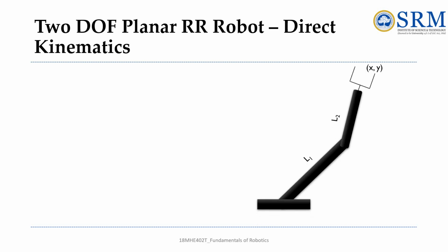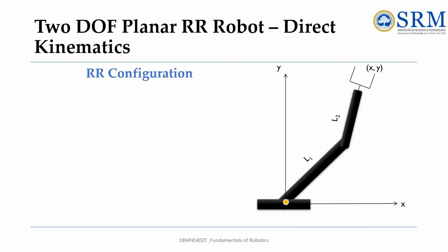So consider this as the planar RR robot. Here we have assigned the links as L1 and L2. So two links are there. Here we need to find the task space coordinates or variables as x and y, that is, the position and orientation, for this planar RR robot. The geometric method is by inspection, we need to find it. So first, for that,